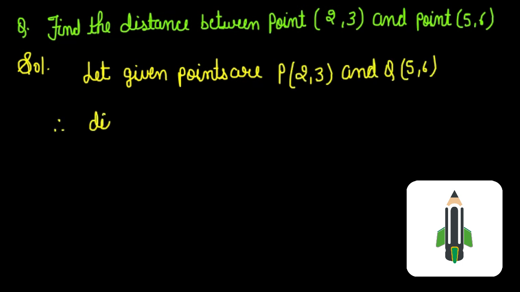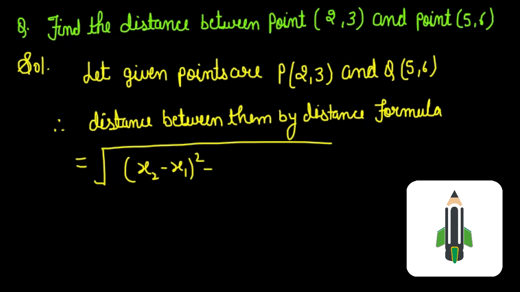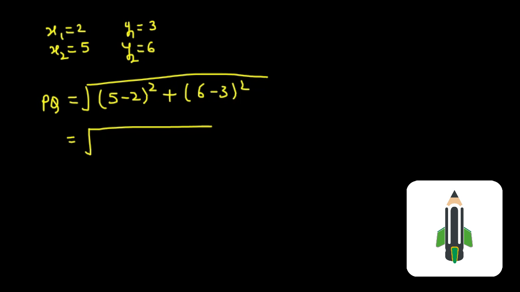Now distance between them by distance formula is under root of (x2 minus x1) whole square plus (y2 minus y1) whole square. Now the value of x1, x2 is 2, 5 and value of y1, y2 is 3, 6. Now distance between them PQ is equal to under root of (5 minus 2) whole square plus (6 minus 3) whole square. To solve this, we'll get 3 square plus 3 square, which is 9 plus 9, root 18, and